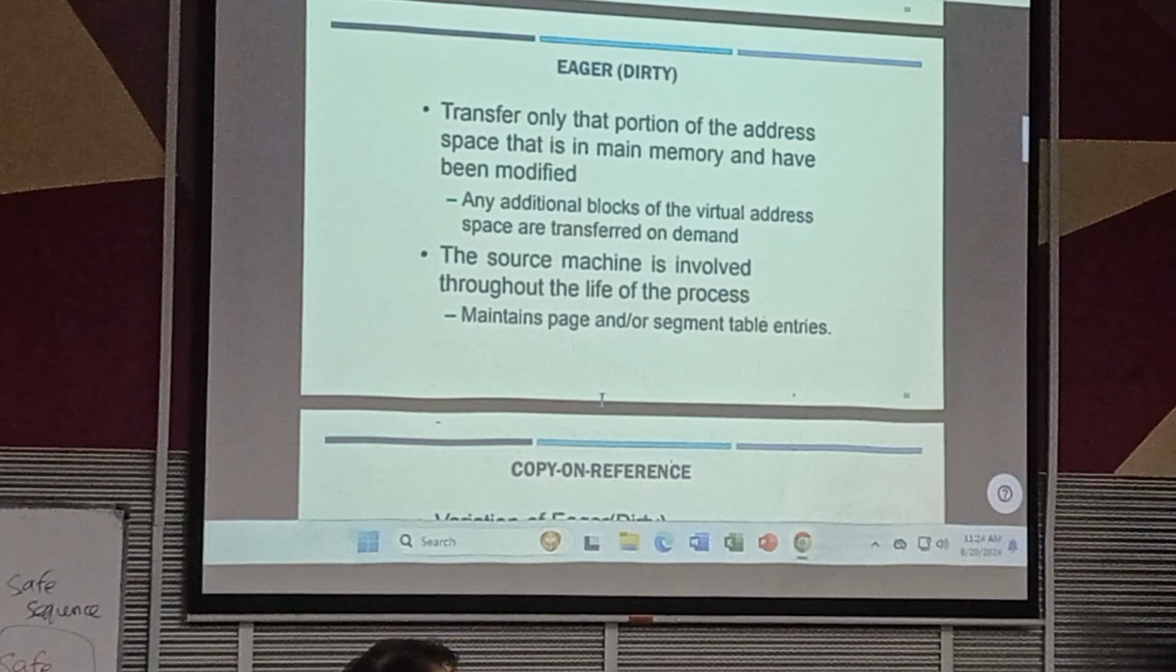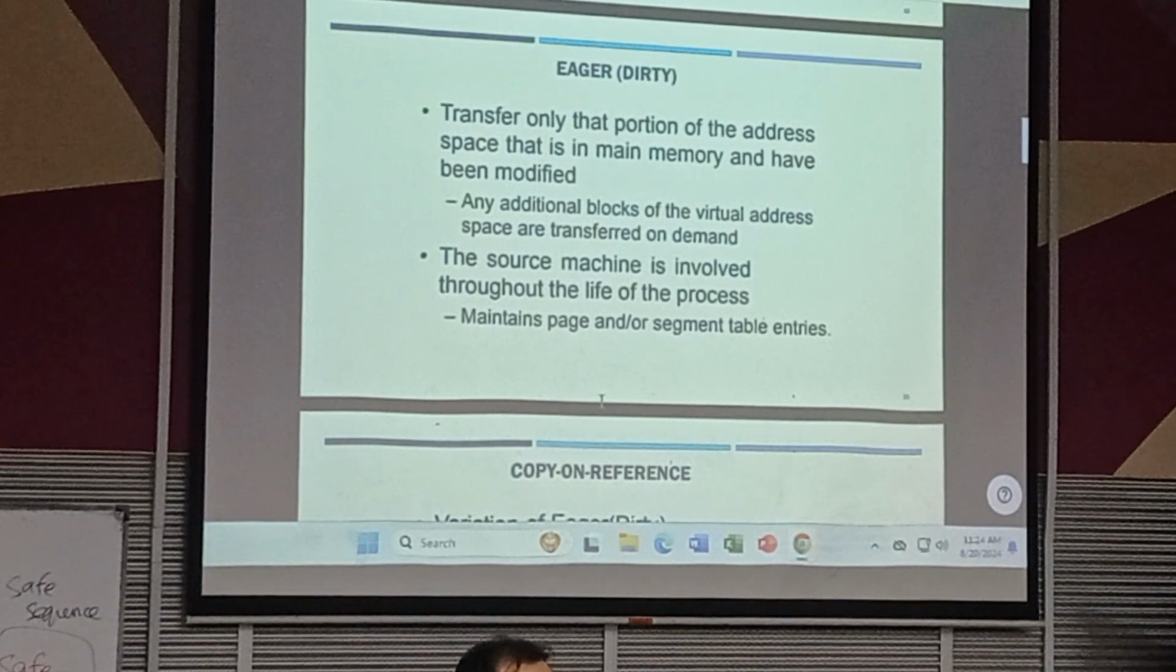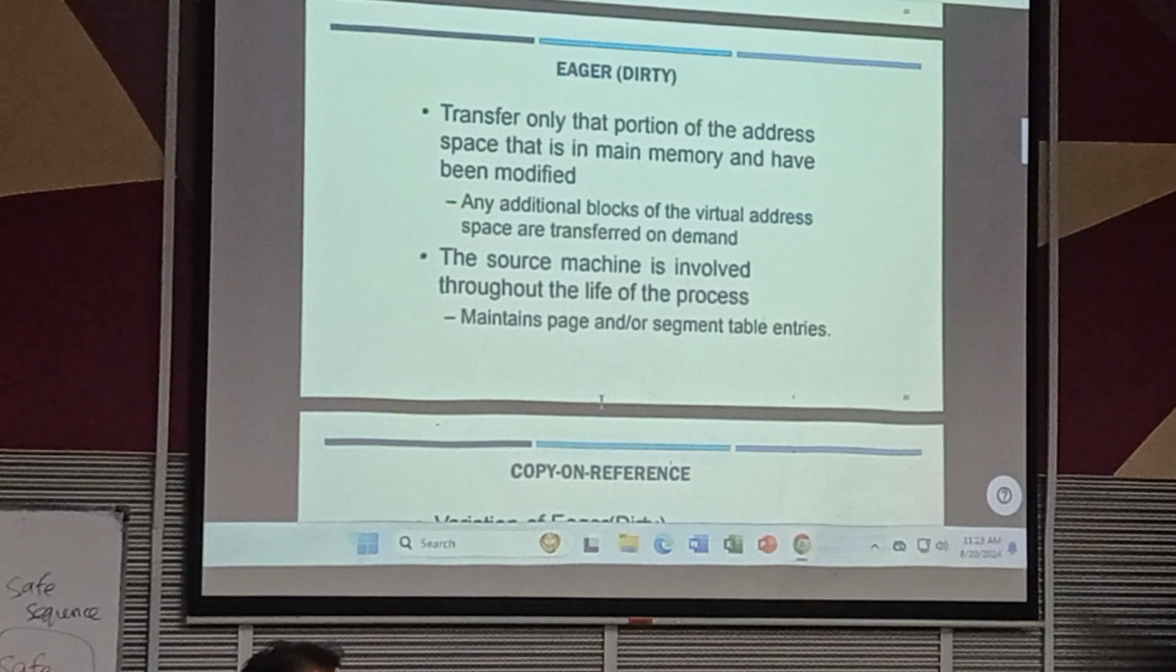Okay, there's another technique to solve the previous problem: eager-dirty. Eager-dirty is similar to pre-copy, but you only transfer the modified pages. When you modify, you get transferred. You modify, you get transferred. So you only transfer the modified one, and that is going to be the first priority. You get transferred, so it gives you less chance of copying data,